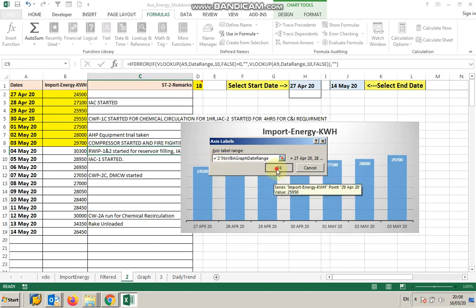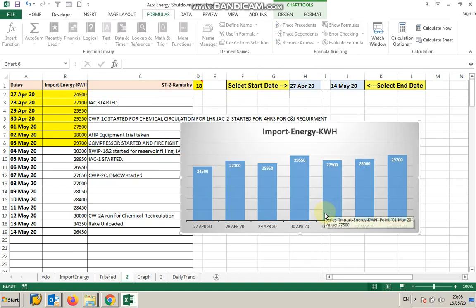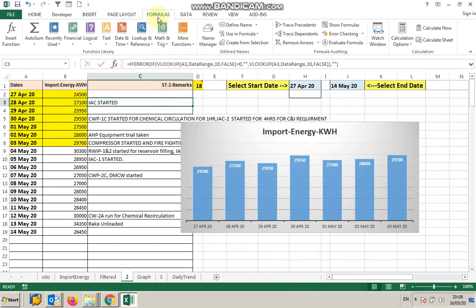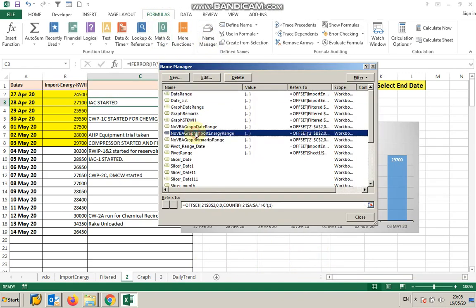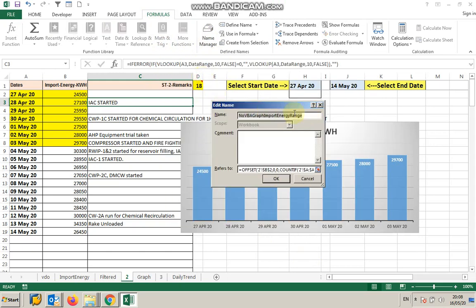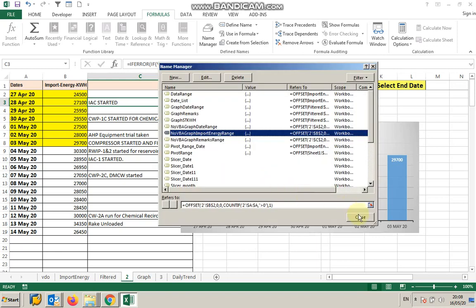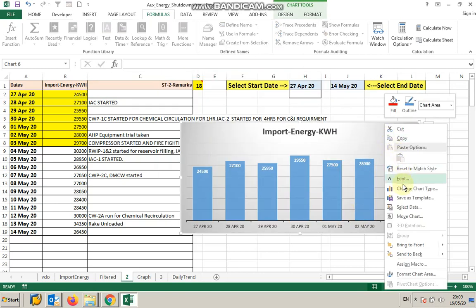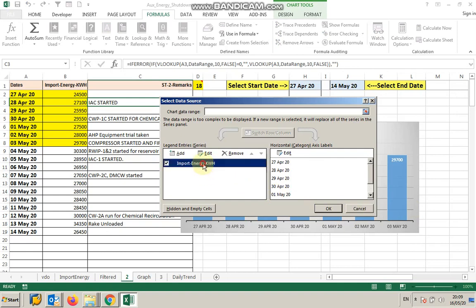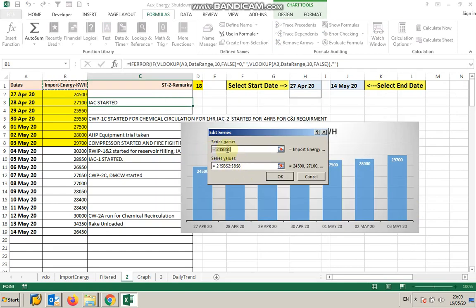Again going to Name Manager, for this import energy range, I will copy the name. In Select Data, I edit this and replace the fixed range with the name from the Name Manager.